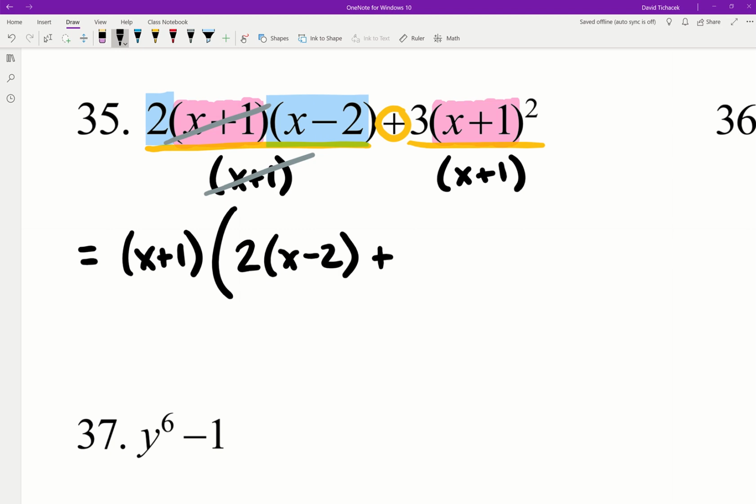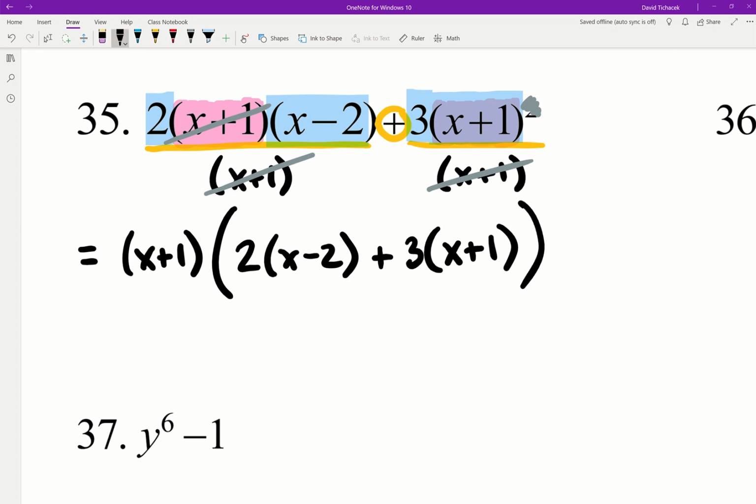And then I got my big plus sign in the middle, and then what's left over after I factor out a single copy of x plus 1 from that second group? Well, keep in mind, that second group had 2 copies of x plus 1, and if I take 1 away, then that means instead of having 2, I'm going to only have 1 copy left, and so I'm going to end up here with 3 times the remaining copy of x plus 1 that I was left over with there. I'm going to say 3 times x plus 1, and that is what my leftovers are going to look like,